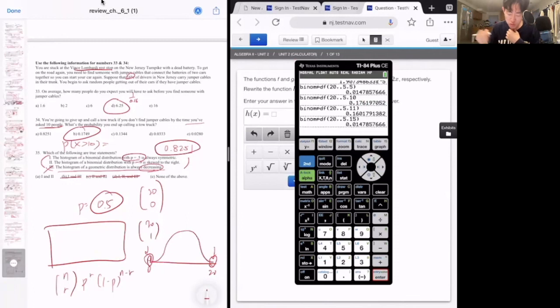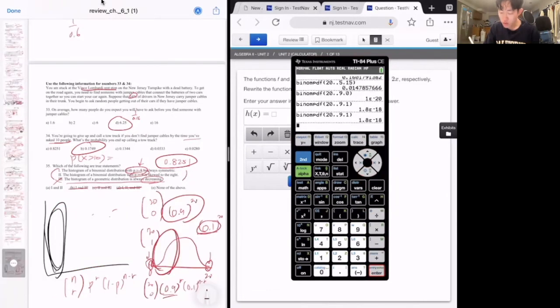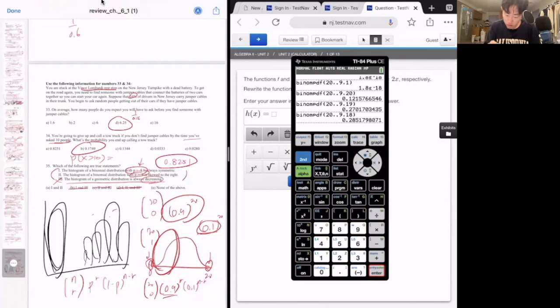So you're going to have a symmetric distribution if your probability is 0.5. Okay, so the probability of that is really, really low. But then when I do this as 20, then the probability is very, very much higher. So you do 19, obviously the probability is a lot higher there. Then 18, the probability of that is also higher. So what happens is you have a lot of high probabilities happening down here. And then the probability of these places are still very, very low. So this is actually skewed to the left.